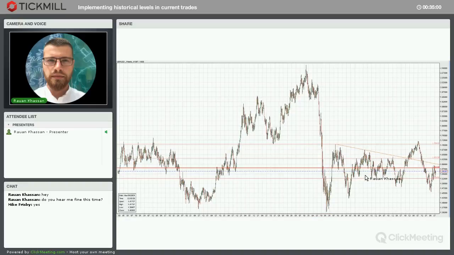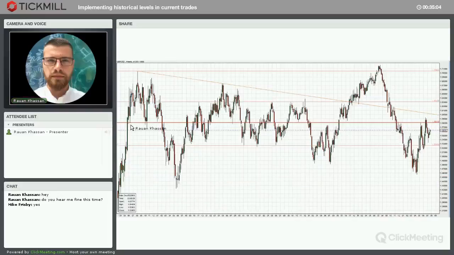We returned back to this level in 2009 when it works as some temporary support level for a flat period between June 2009, September, and December 2009. It has produced several reversal points in